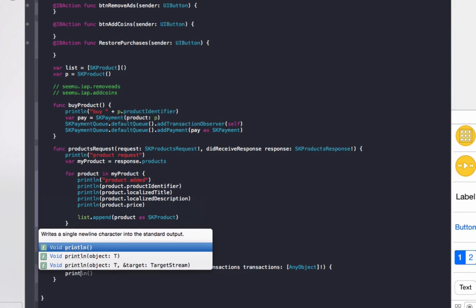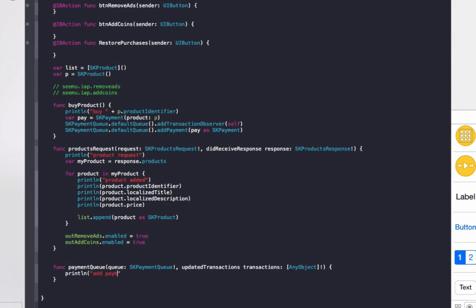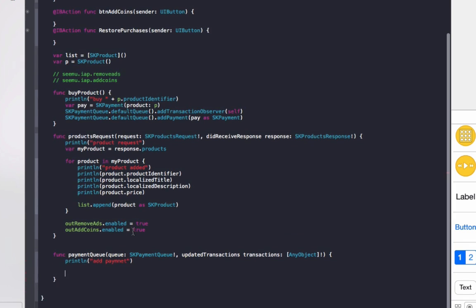So the print line add payment. When you're purchasing something in app, you'll see, do you want to purchase this app? Buy, cancel. When you click on buy or cancel or whatever, this bit of code here is going to be run. So before transaction,